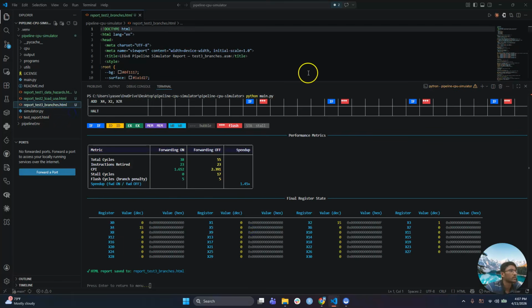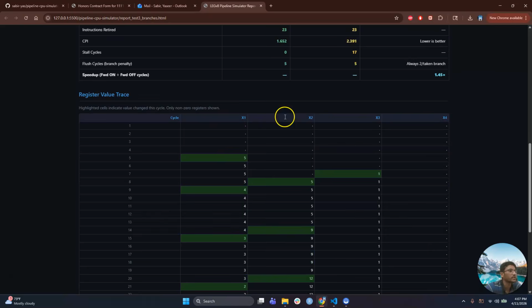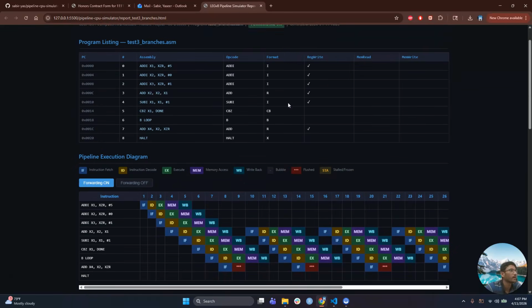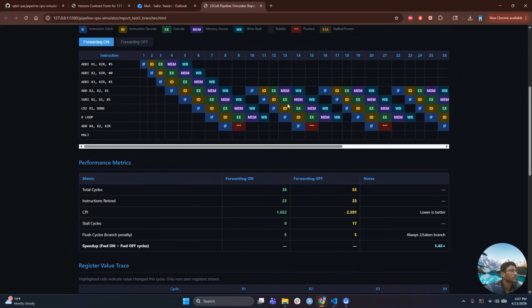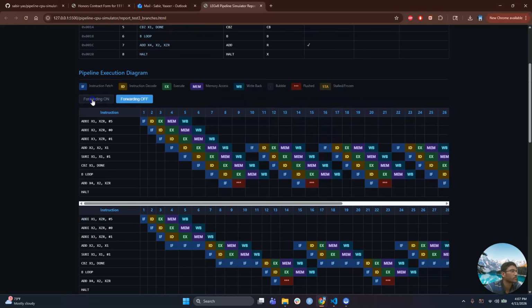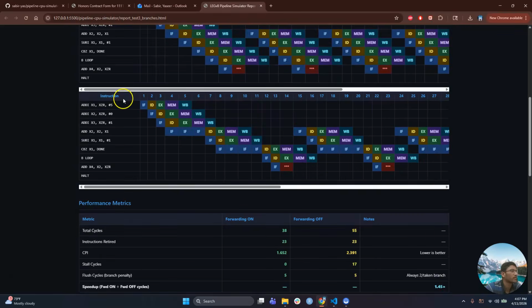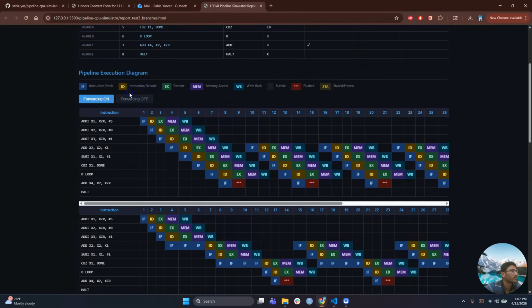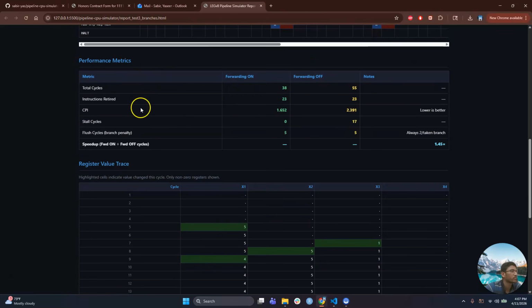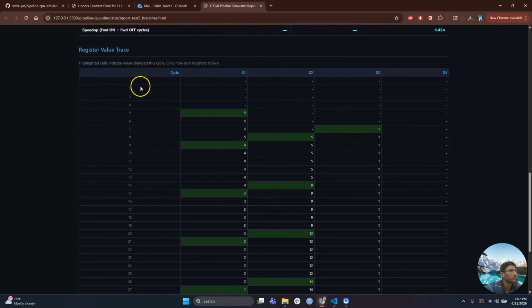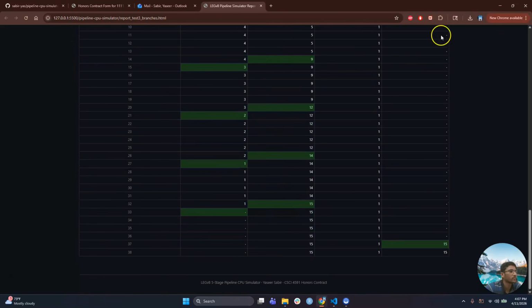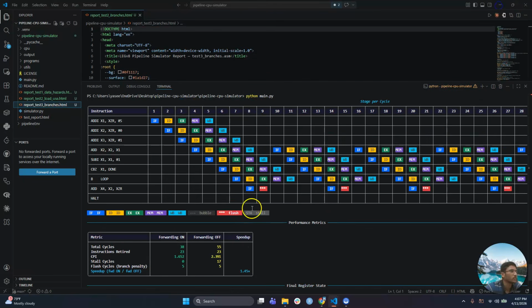Let's look at this also in the HTML page. As you can see, we're getting the program listing, and the differences between forwarding on versus off. And then we're also getting the performance metrics, 1.4x speedup, and the register value trace. So that's my